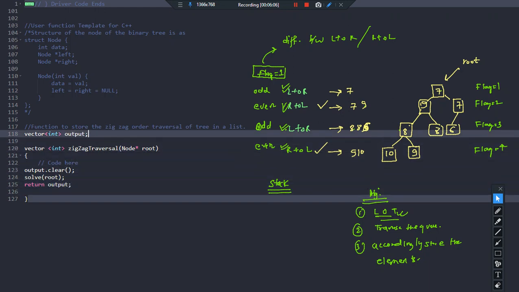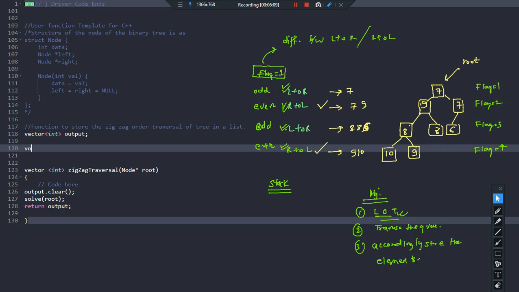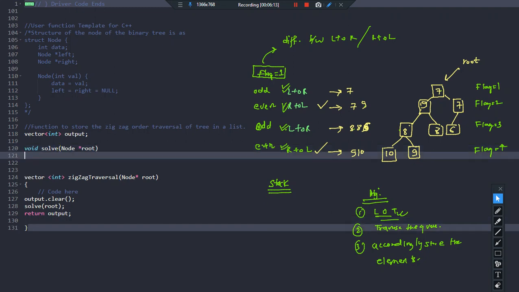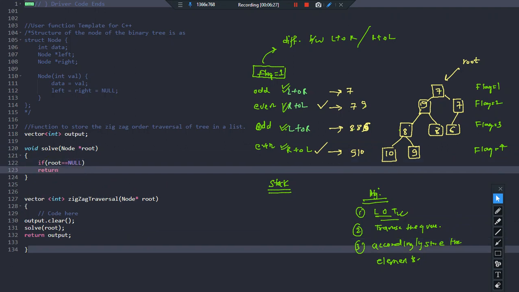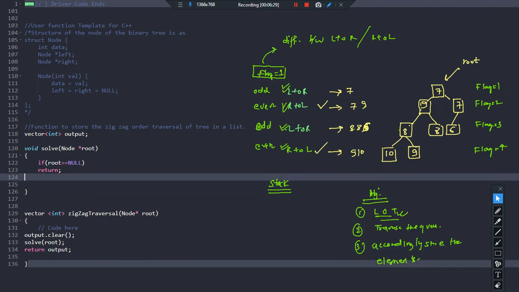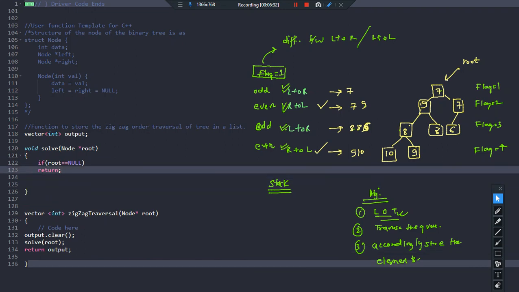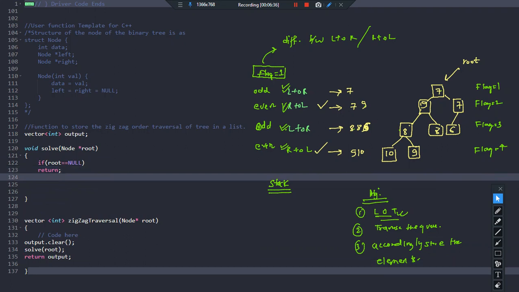Now you have to write the function for solve. The solve function will be a void type function. It receives a root node, and we are going to perform level order traversal here. The very first thing we do is check if root is empty. If root is equal to null, we basically return, right? This is one of the fundamental basic conditions for level order traversal: whenever root is equal to null, just return. Otherwise, we are going to push the root node into the